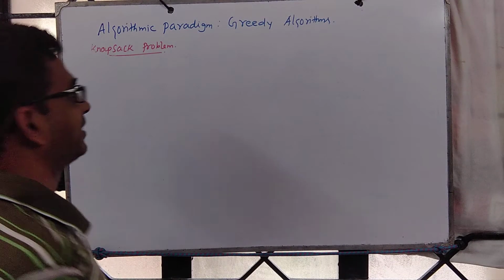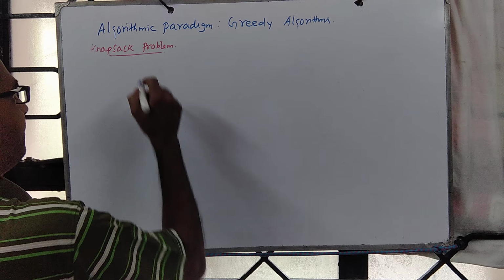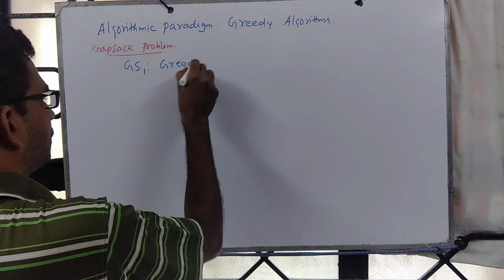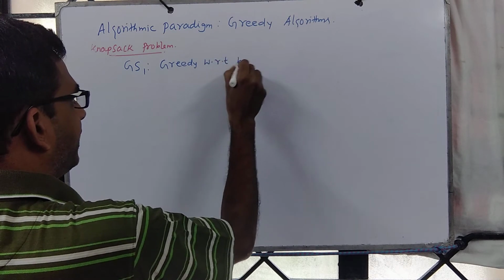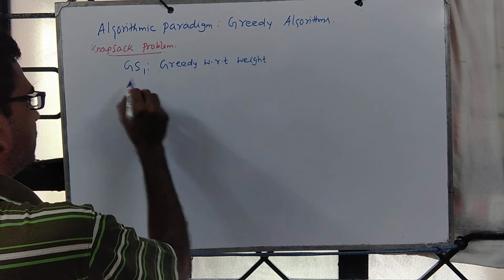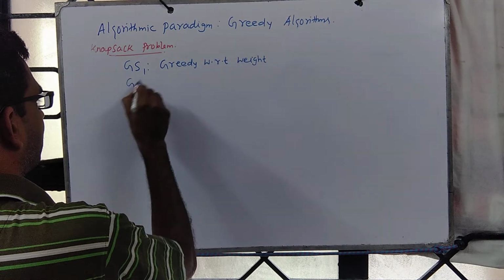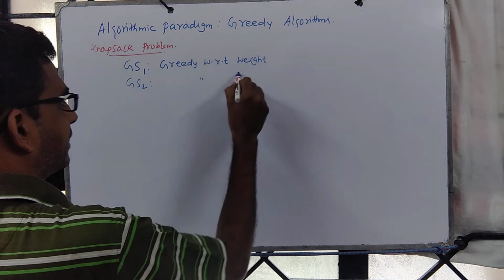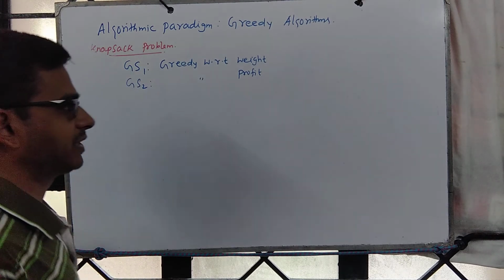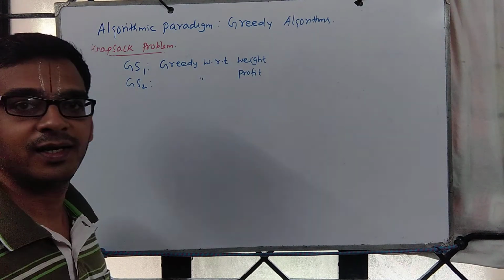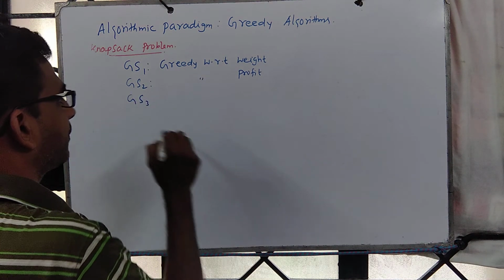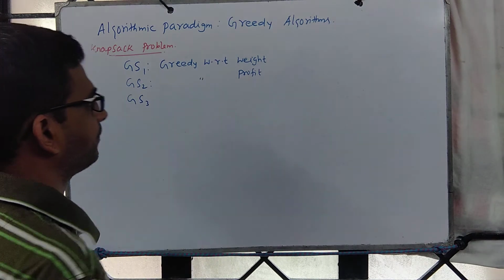We'll continue our discussion on knapsack problem. We saw greedy strategy 1, greedy with respect to weight. It was working for some and it was not working for others, so the strategy fails in general. Then the second strategy was greedy with respect to profit. Even this was working for some examples and there were counter examples as well. Now let's experiment one more strategy which is a blend of this.